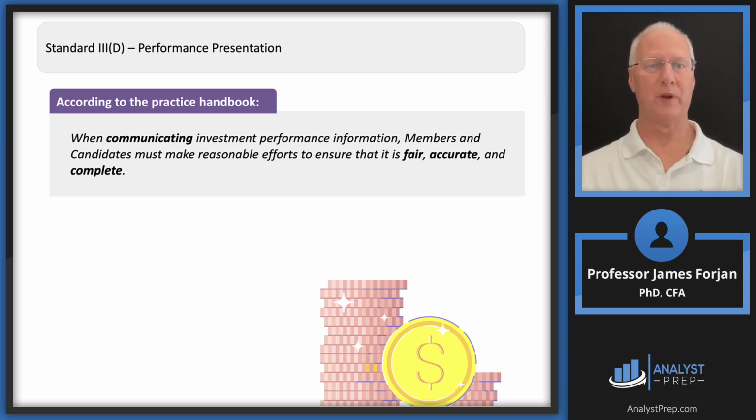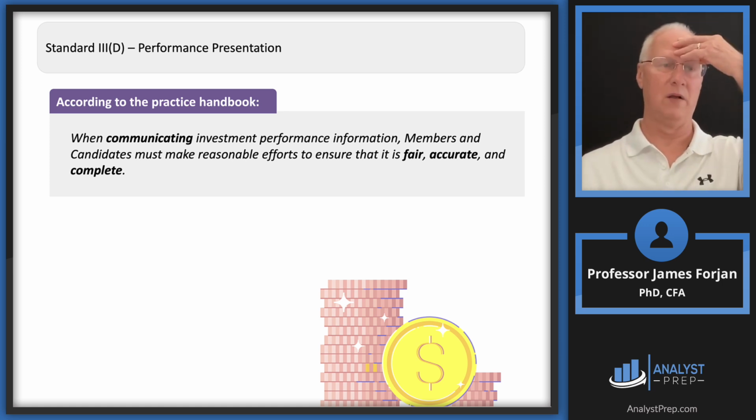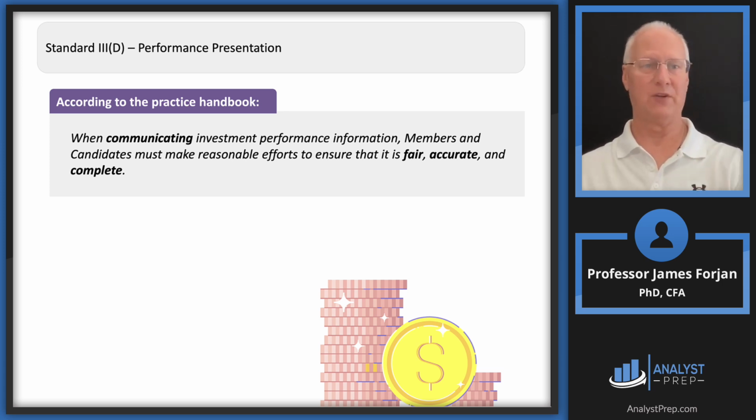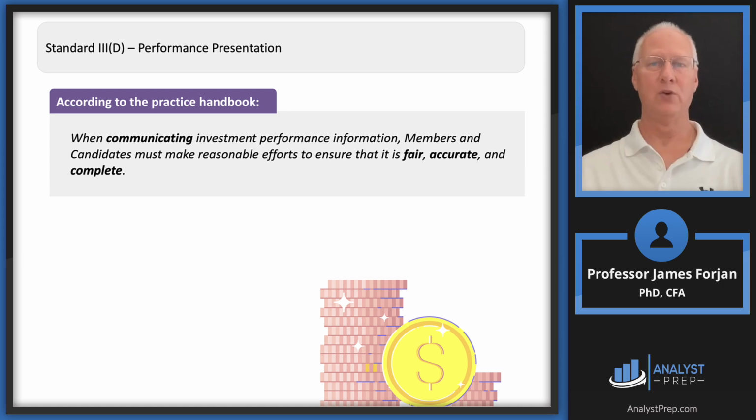All right, how about performance presentation? This is an interesting standard D because the handbook has no highlights in here. So I'll go ahead and try to establish a highlight here, and I'm just going to plagiarize right off of the first sentence in the handbook inside of this section where the institute uses the word credible. Provide credible performance information to the client. So there's Jim's highlight here, even though there is no formal highlight in this section.